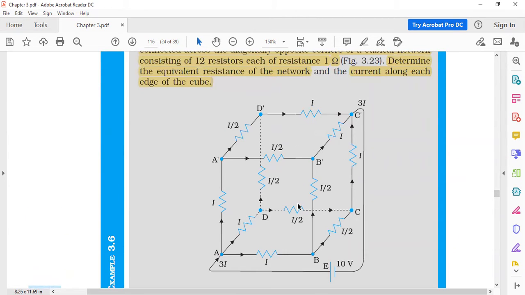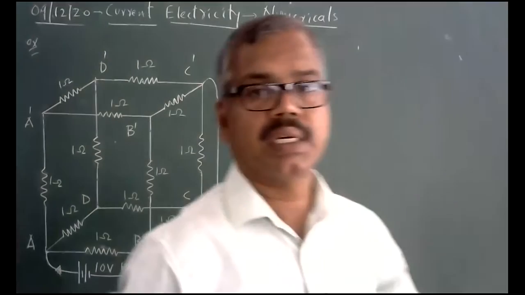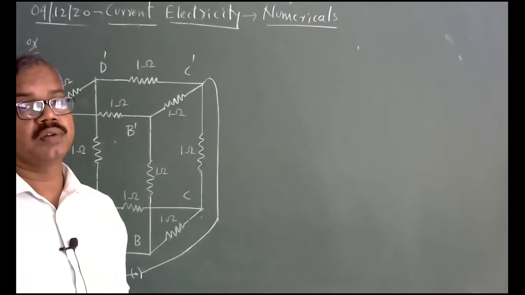To do that, let me do a board analysis. As shown in the diagram, I have already drawn it, and rewritten it once again for you. Let me simplify it on the board. You have an electrical circuit. Such complex circuits can be solved by the method of symmetry.